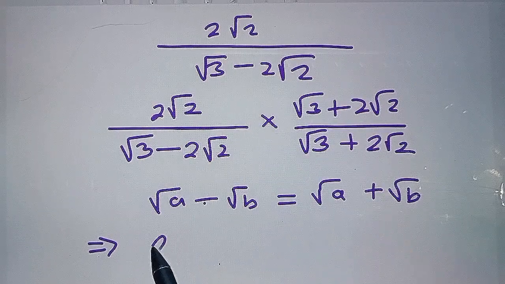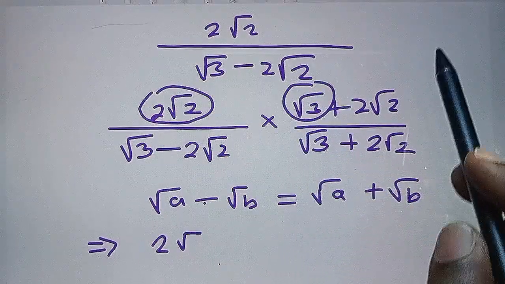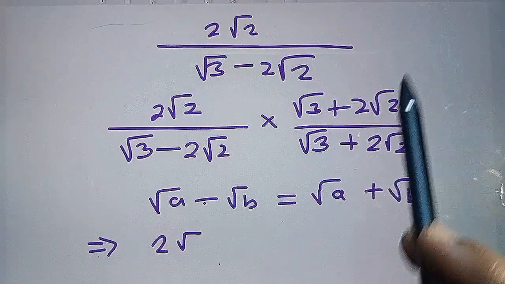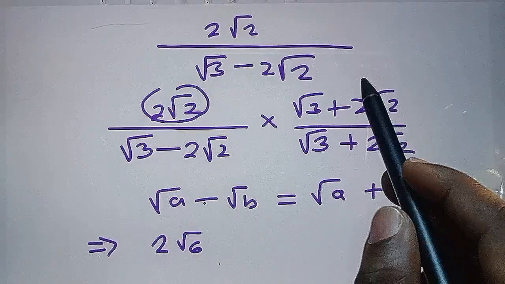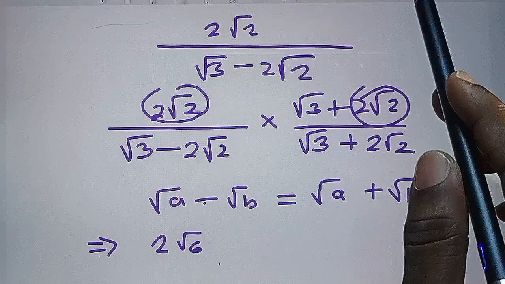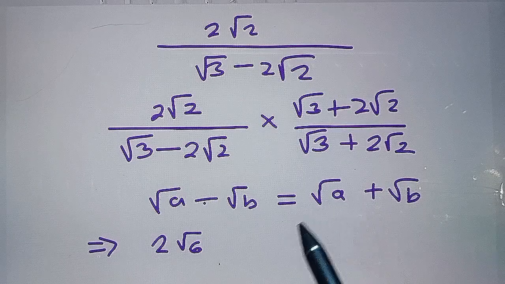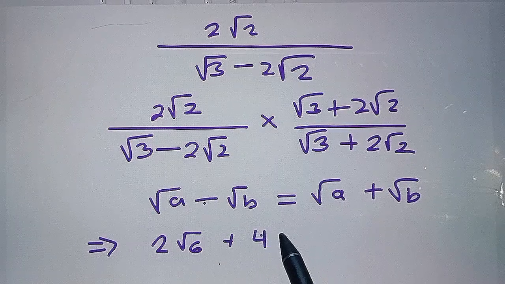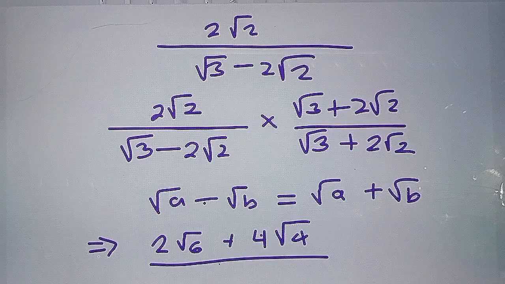Now, to multiply this together, we're going to have 2 root 2 times root 3. That is this times this. Okay, that will be 2 root 6. 2 root 6. Okay, and this times this, we are going to have what? We're going to have 2, that will be 4, plus 4 root 4, then divided